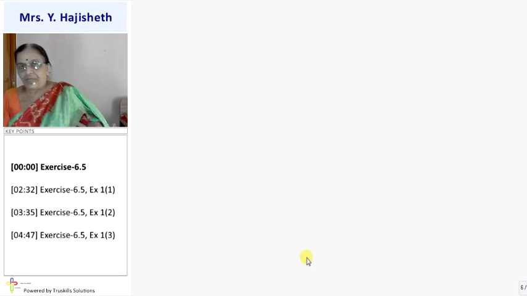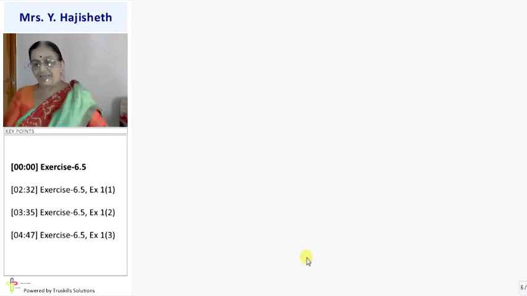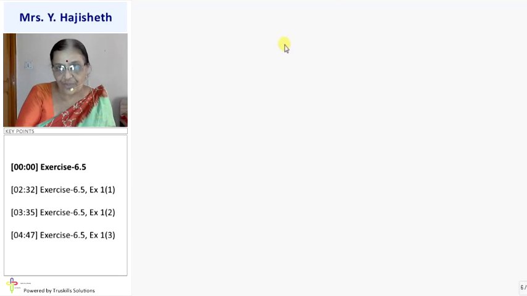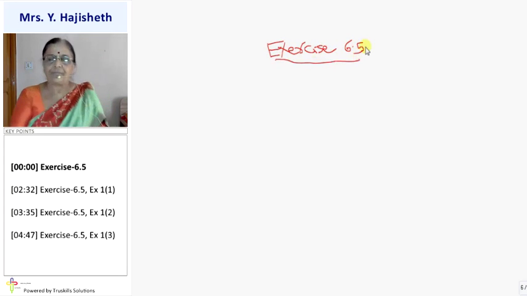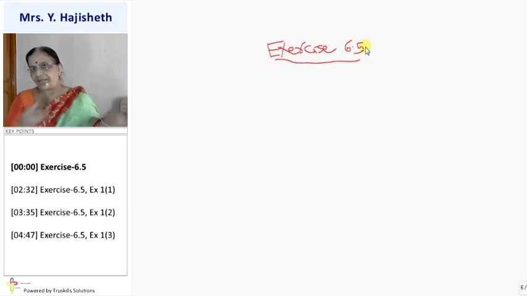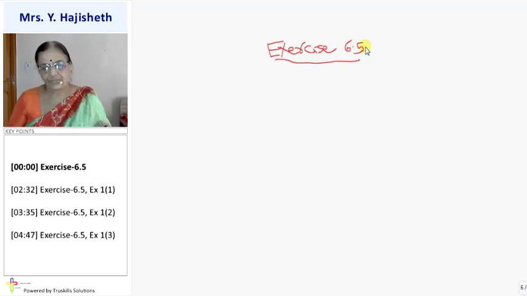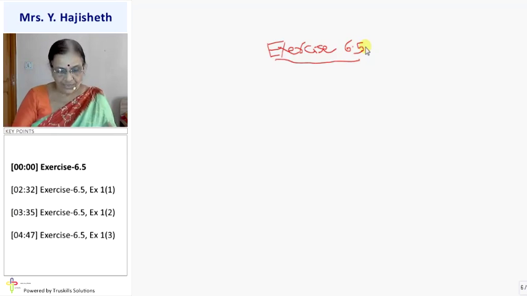After these two theorems, some illustrations are given, and exercise 6.5 is totally based on what? Pythagoras theorem and its converse. It is the last exercise of this topic, based on Pythagoras theorem and its converse. So there are many sums. Enough sums are given. Roundabout, I can tell you,